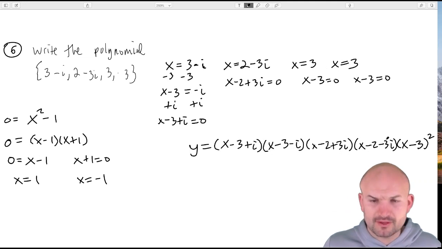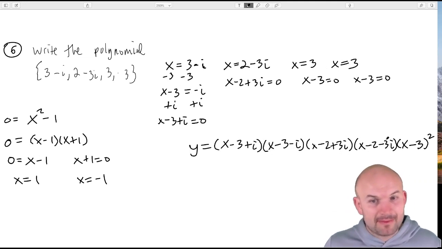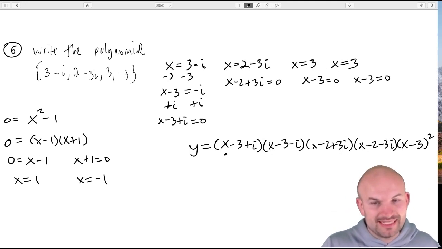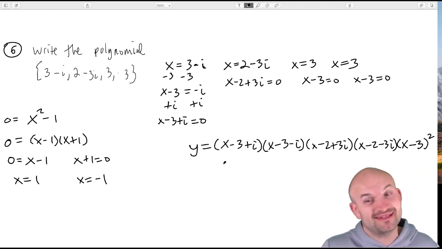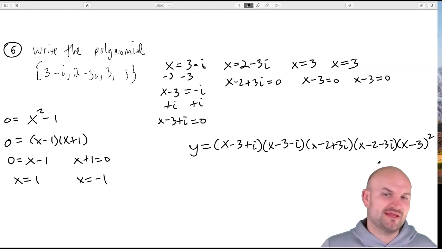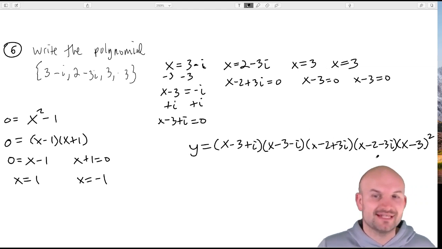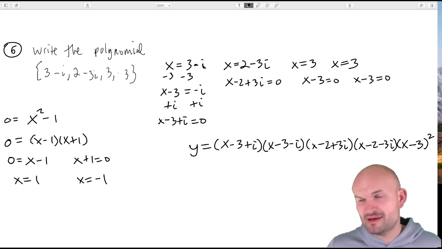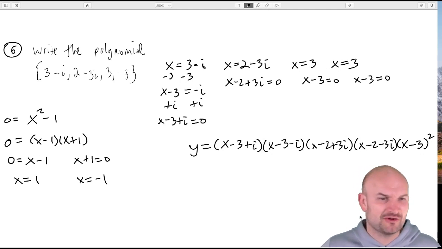So I'm going to stop there because basically now what you would need to do, I think I told the student on her spot, I'm like, that's a lot of multiplying. But you need to multiply these out, multiply those out. That's going to give you a trinomial. That's going to give you a trinomial. And that's going to give you a trinomial. So you're multiplying 3 trinomials by each other. I don't have the time nor the patience to